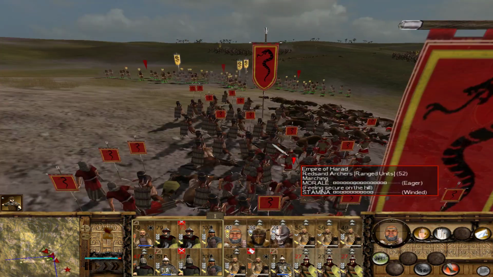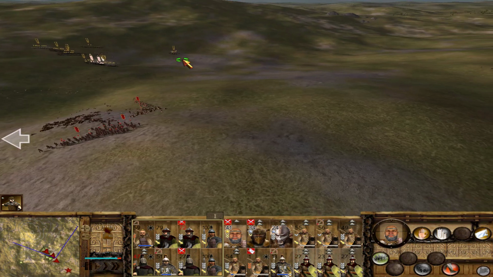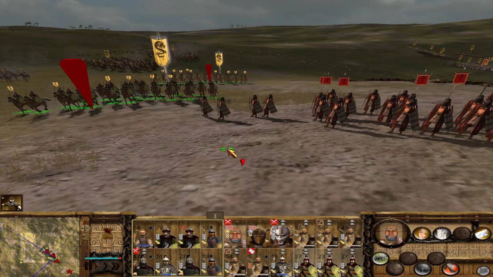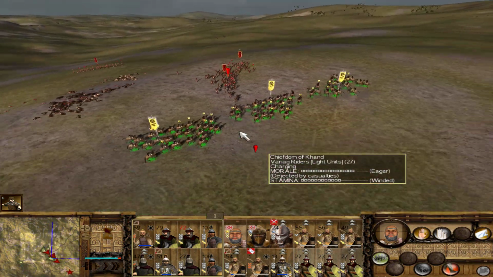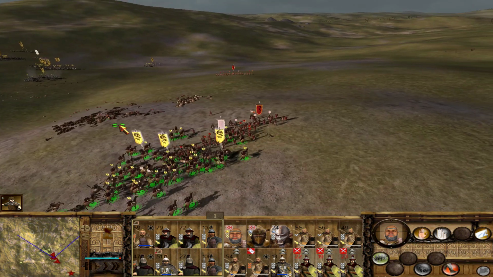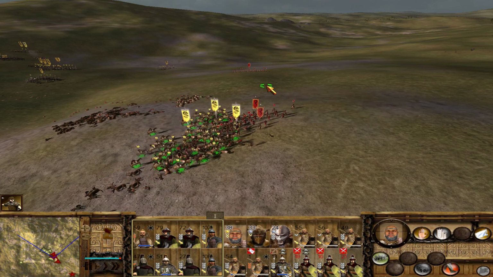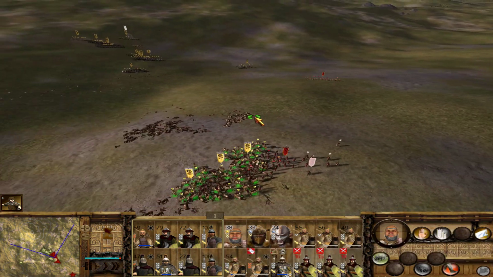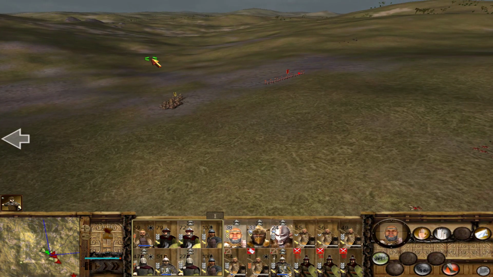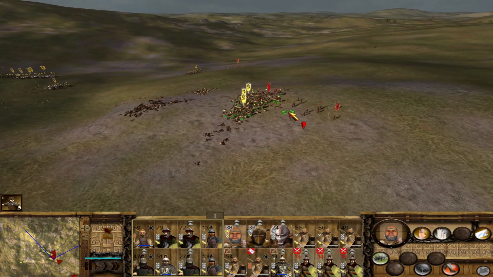These are just archers, but you can't necessarily assume that archers are just soft targets in 4th Age. They do tend to have a bit more robustness than in some other mods. That was a better charge, and so these guys should be routing pretty soon. And then I'd love to get those archers of Harad as well. We are taking a lot of losses here. Well, you know, any unit that we lose is going to be a unit that we're not paying for. So in that sense,